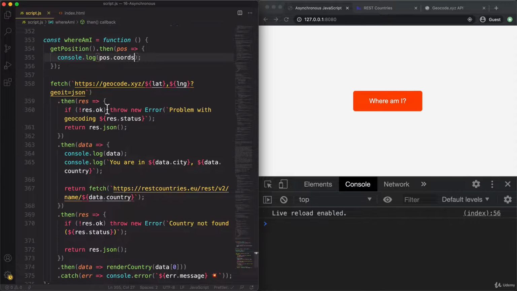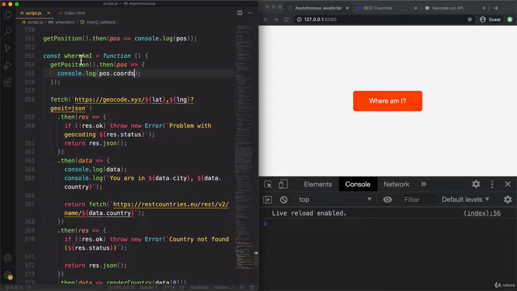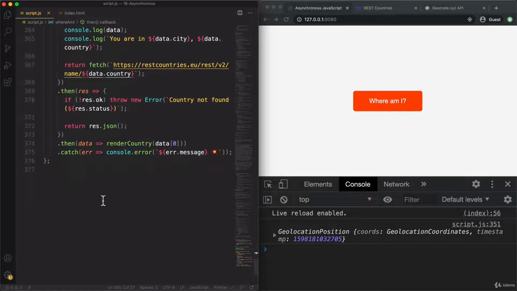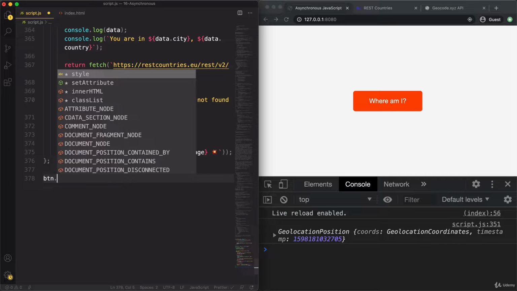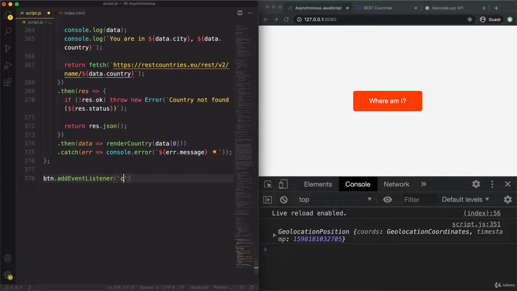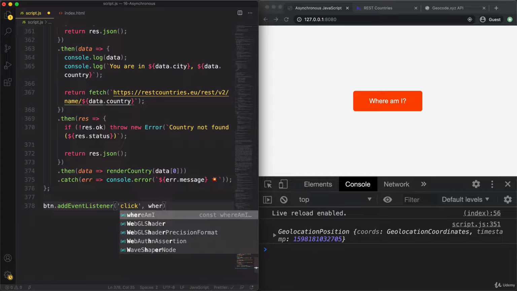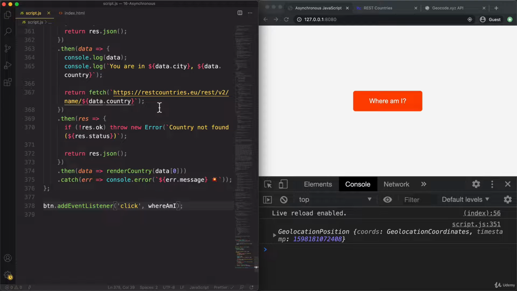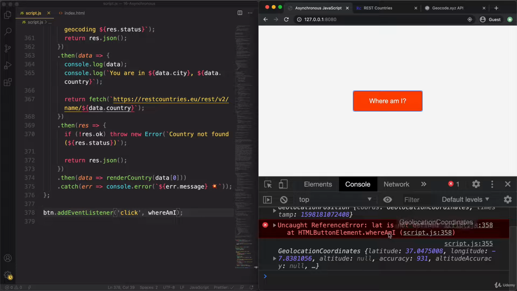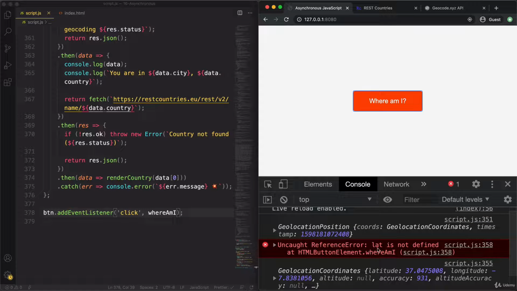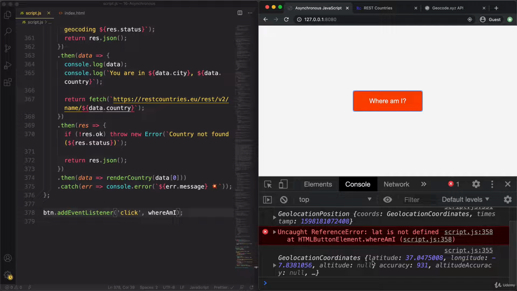Okay. So let's run this, but probably we're going to get an error when we run this. Oh, and actually we first need to set it up with the event handler. So remember, that's the button. And then addEventListener. And of course, we could also immediately run the function, but I think that it's nice to call it only when we click that button. And here we actually can simply pass in that function now. So the whereAmI function, because we don't need to pass in any arguments. So if we click now, yeah, so here then we get an error that latitude is not defined,